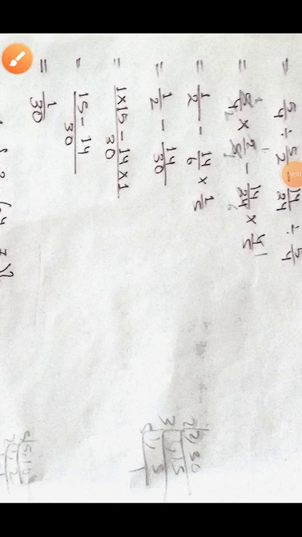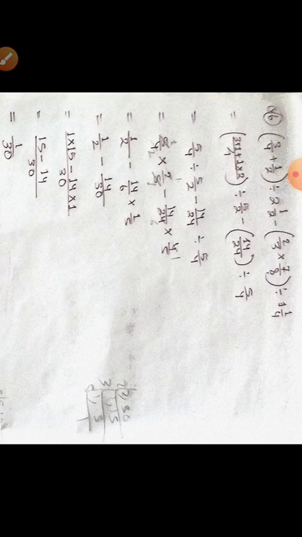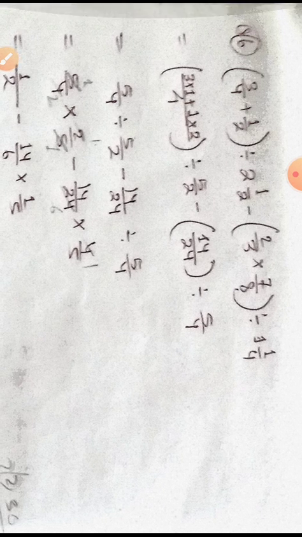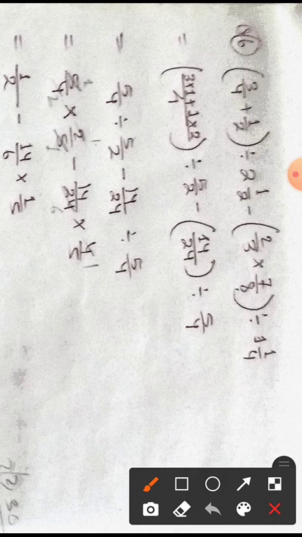Friends, let us try to do question number 6 of exercise 27. So how to solve this question, let us see. In question number 6 we are given (3/4 + 1/2) ÷ 2 1/2 − (2/3 × 7/8) ÷ 1 1/4, or which we can call it 1 whole 1 by 4. So see, whatever is inside the bracket, we have to solve it first.